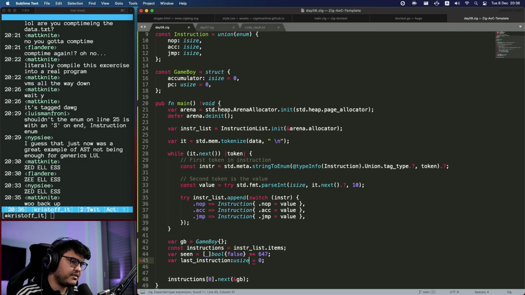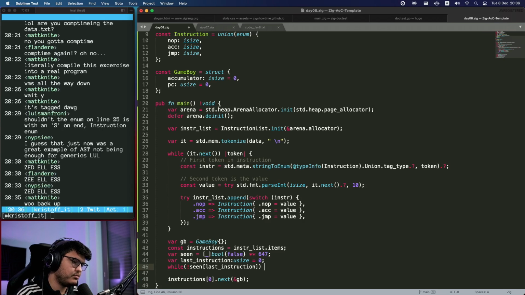It's a usize. And while last instruction is, while we haven't seen the last instruction,